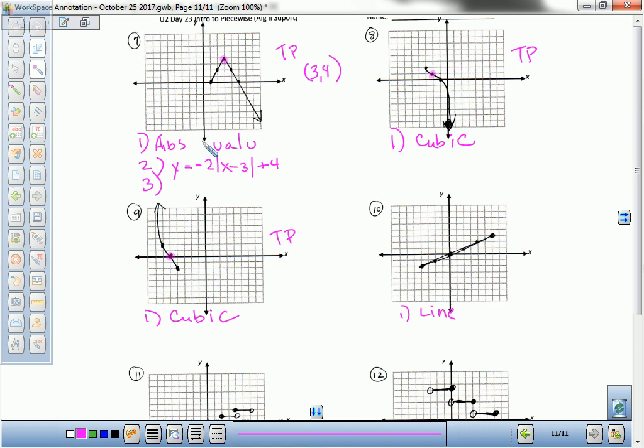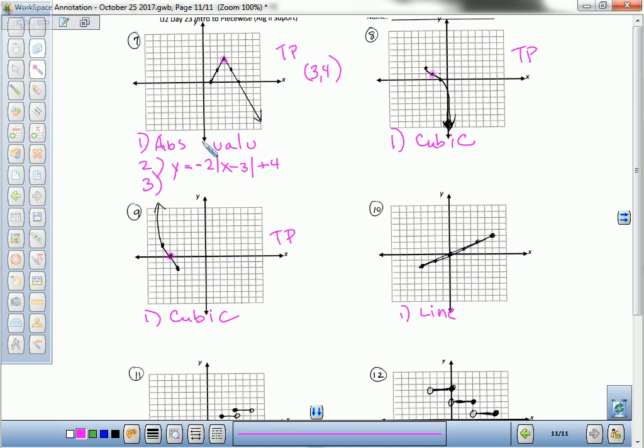So everything was greater than 1. Okay, well, when you think about it, think about like what's